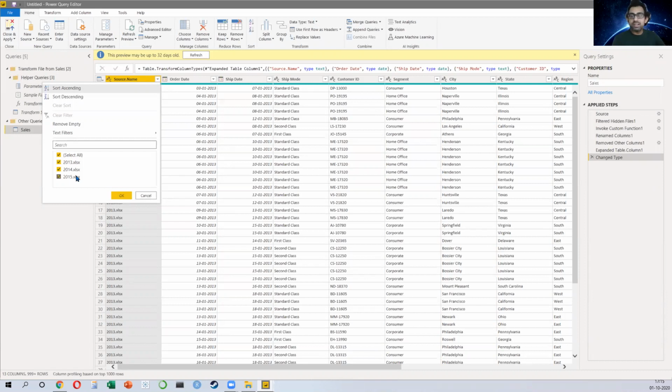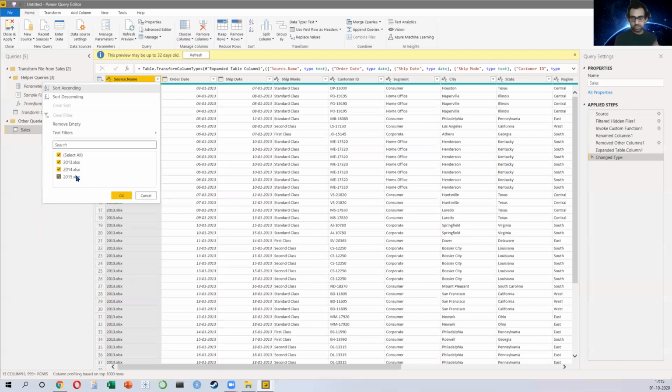Now, some obvious questions are, what happens when the files are not in the right order? What if one has more columns, one has lesser columns? What if the spelling of the column is different? What if the column order is different? The same columns are there, but in a different order. What if there are errors in the data? There is an answer to each one of these problems that we have. In the scope of today's training, I will obviously not be able to cover all of it, but so that you know that it is possible, even if your raw data, your input has some non-uniformity in it, it can be handled by Power Query.